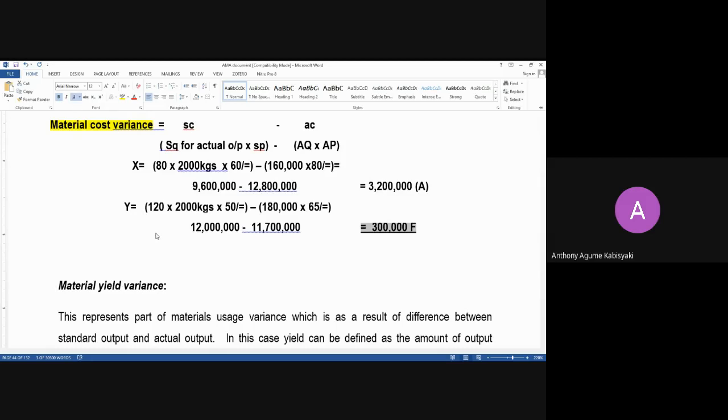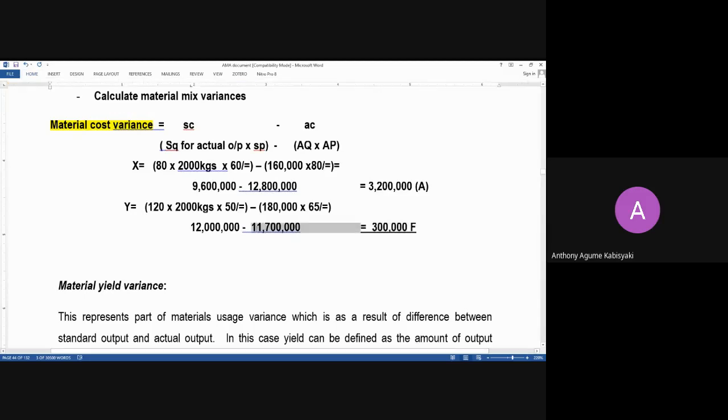You cannot use that just as a justification that because it's a positive. Because you are going to compare your actual cost is less than the standard cost. You had planned to incur 12 million, but you've actually incurred 11.7, meaning that you made a saving of